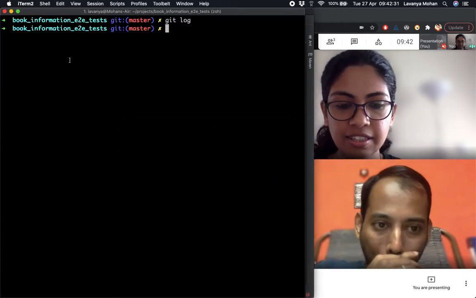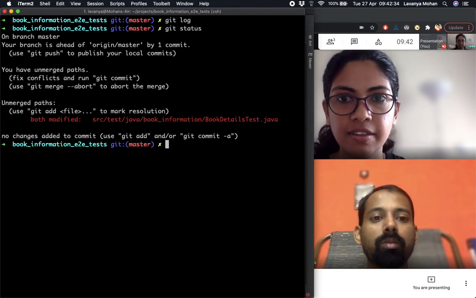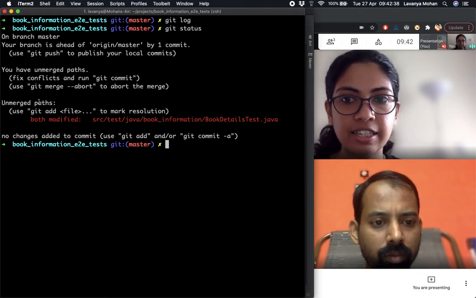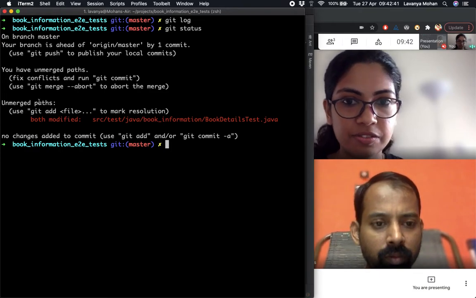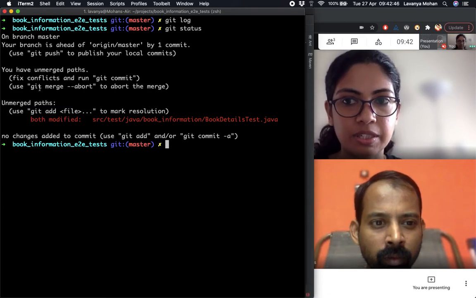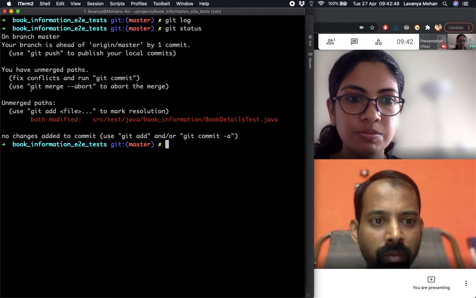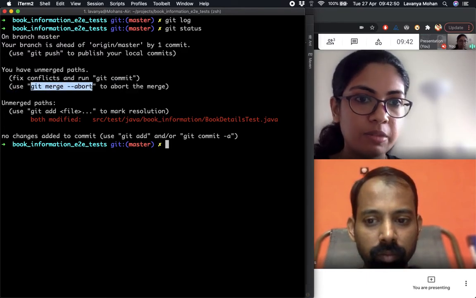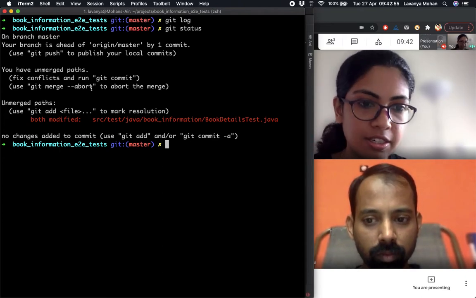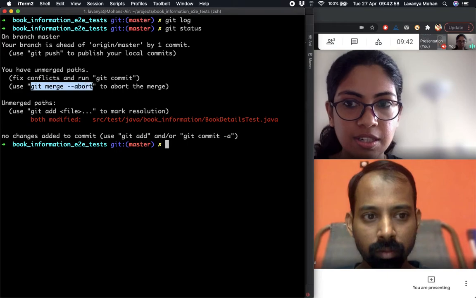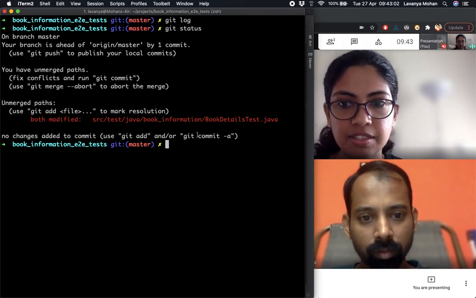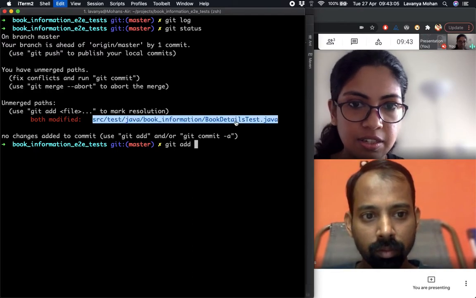And then after that, let's say git status again. In order to finish a merge, as in to tell Git that it's all fine and I've resolved the conflicts, we would need to do a git add and then git commit. Before that, in case we wanted to abort the merge, let's say the conflict is too much right now and we don't want to look at it, maybe we want to look at it later, we could also just abort the merge. That's another option. But right now, since we fixed it, we can just say git add this file.